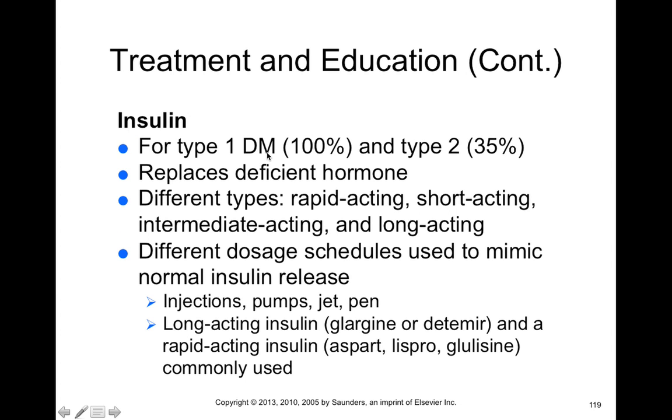So for type 1 diabetics, you guys, they need insulin, right? Because type 1 diabetes is insulin deficiency from a lack of beta cells. So 100% of type 1 diabetics need insulin, and it replaces that deficient hormone. Up to a third or so of type 2 diabetics may need insulin. But the type 2 diabetics that need insulin are the ones where they can't control their own sugar